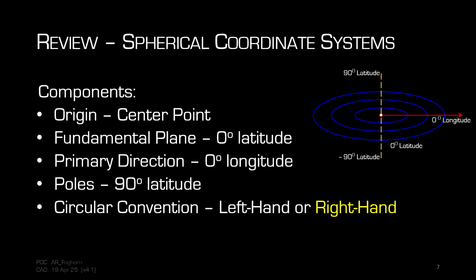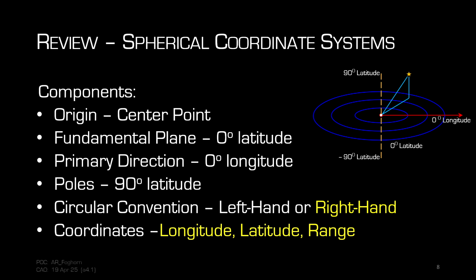And the circle convention can be left-handed or right-handed. The vast majority of spherical coordinate systems are right-handed. There are one or two that are left. That is just by human convention, deciding whether or not a particular spherical coordinate system is going to be left-handed or right-handed. So the three-dimensional coordinates that you get are a longitude, latitude, and range in